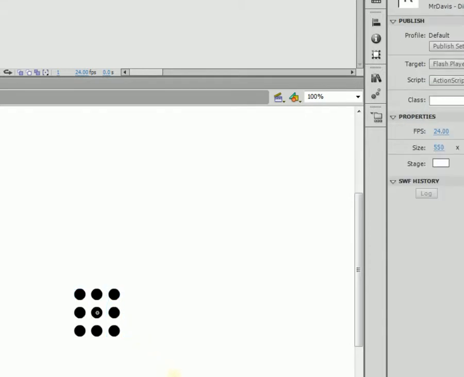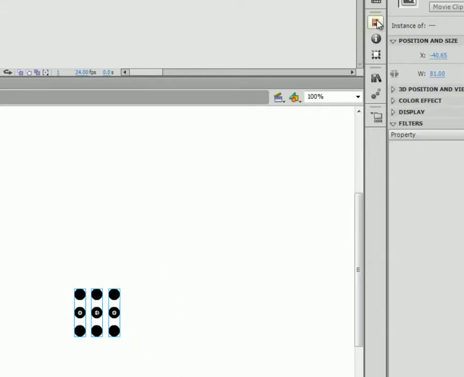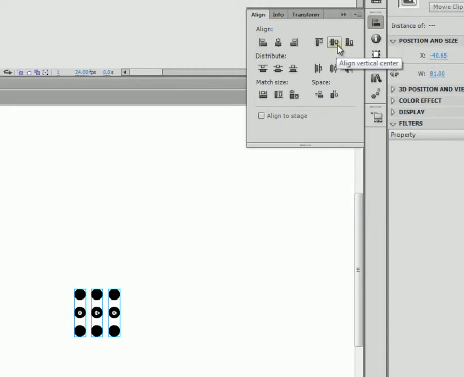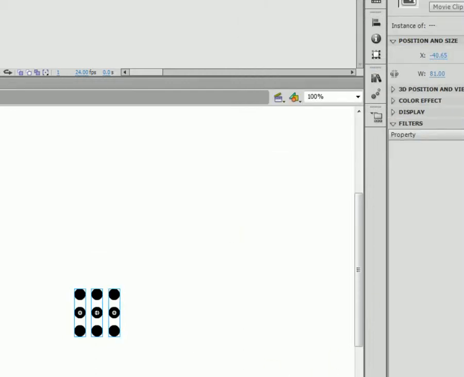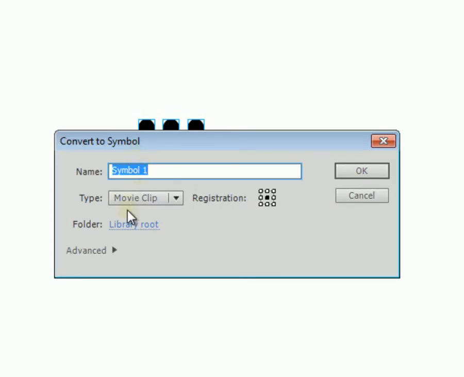And we're getting close there. That looks about good to me. So I'm going to select them all, make sure they are distributed horizontally center, and I'm going to align them vertically center. So I clicked distribute horizontal center and align vertical center. So once that's done, I'm going to select all of these, tap F8, convert them to a symbol,